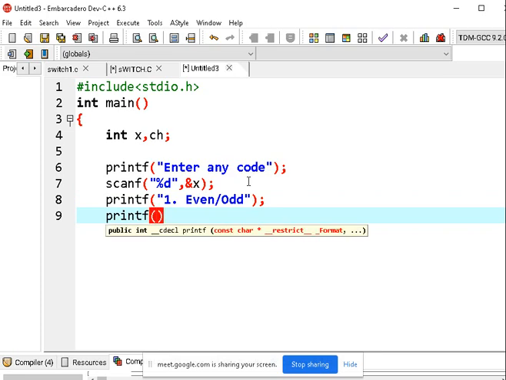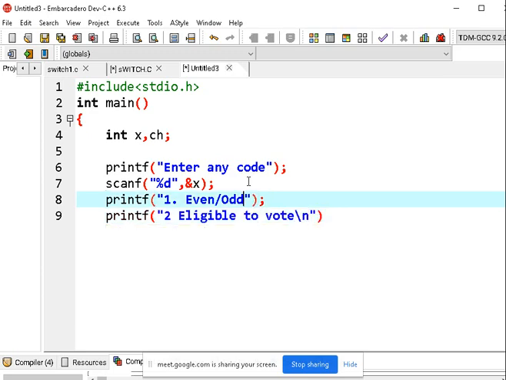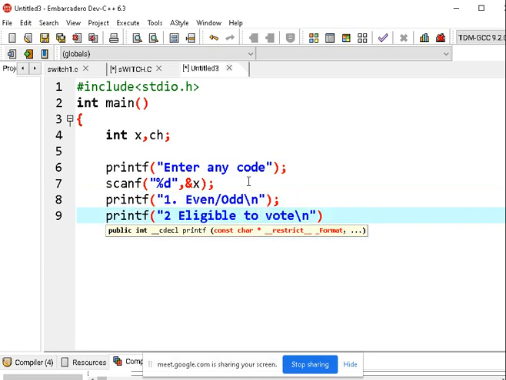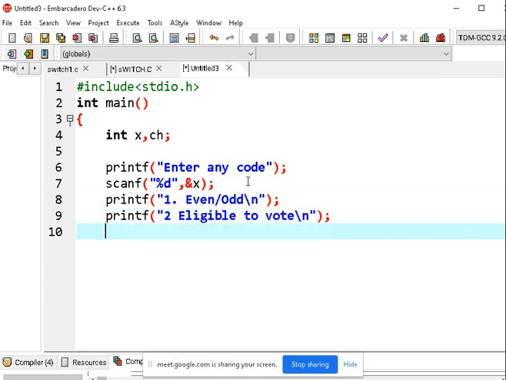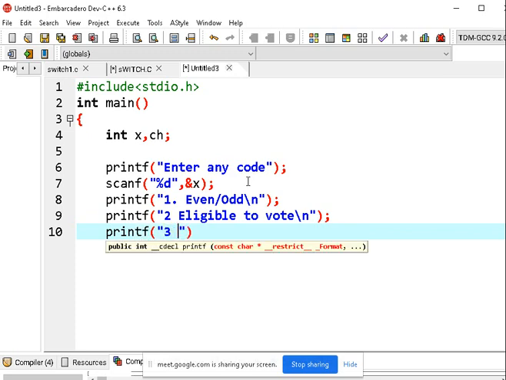Second: eligible to vote, this has to be checked. Next, third: area of circle.